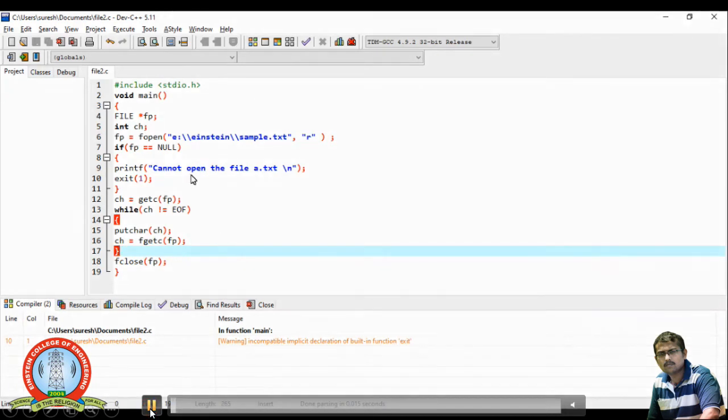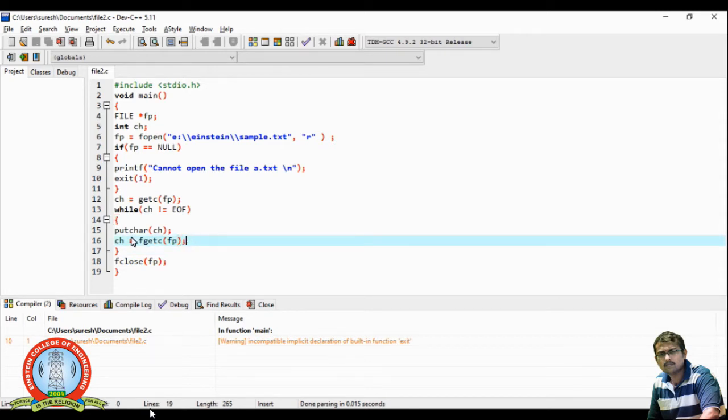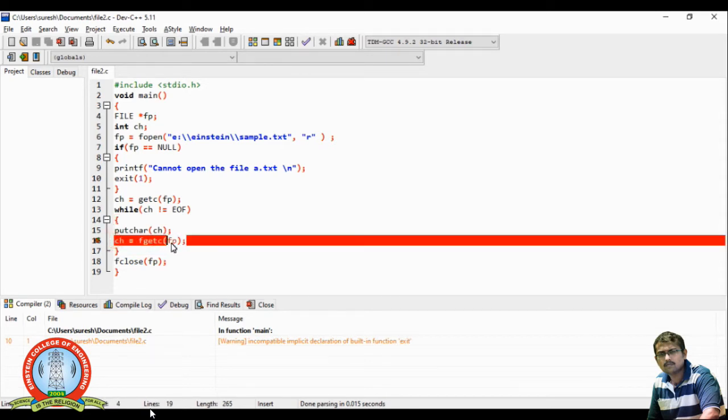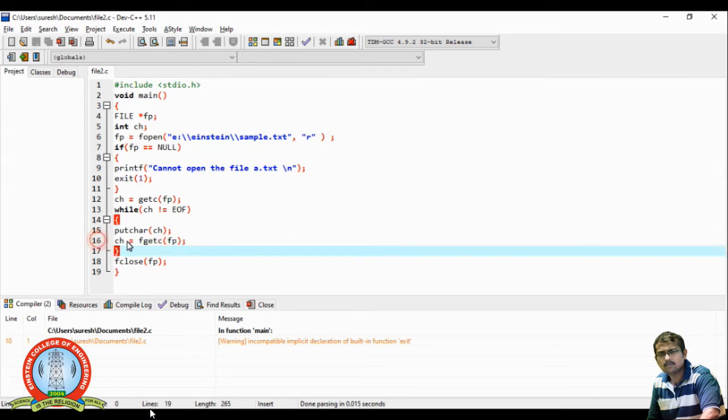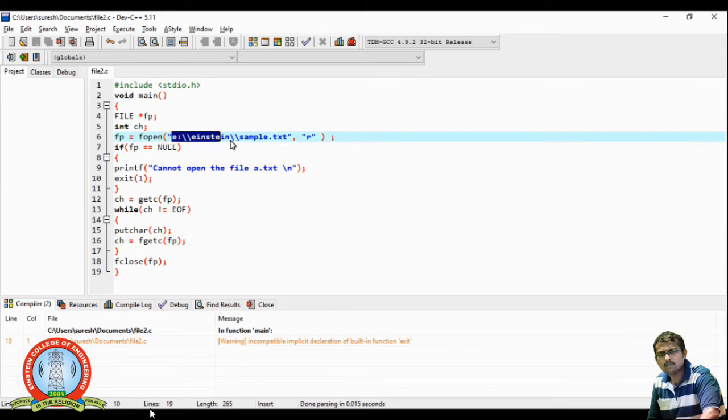You can't find much difference between getc and fgetc. It is the same syntax, using fgetc instead of getc to perform the same read operation on the file E:Einstein sample.txt.